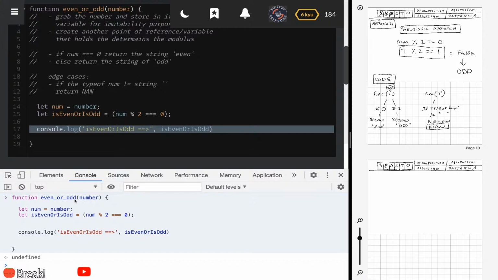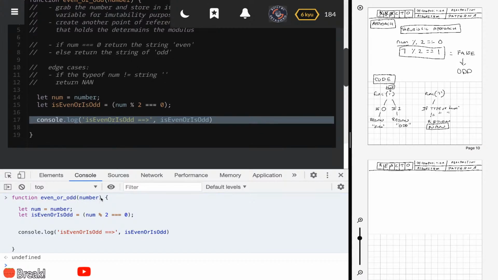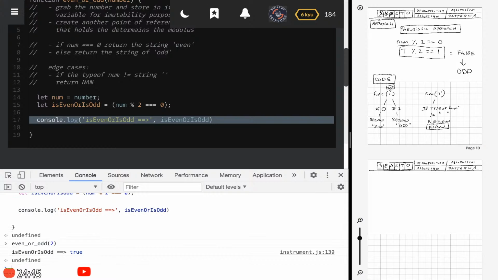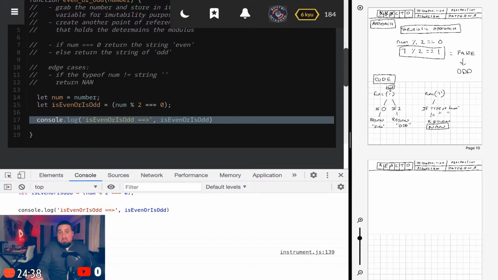And I call it. Oh, they put the timer on. I always think about this timer. All right, we got some extra time. No worries. I'm gonna call this here and pass in a number, and I'm gonna say 2.